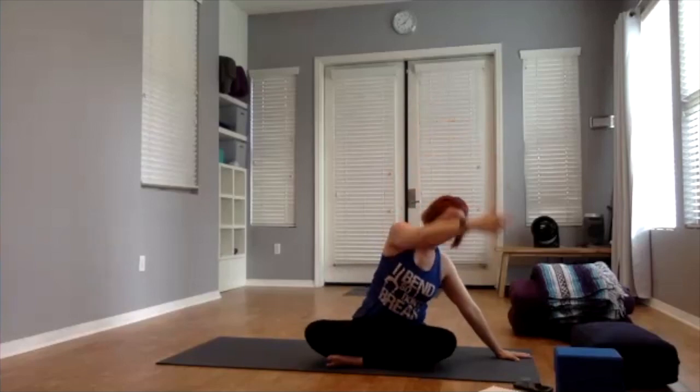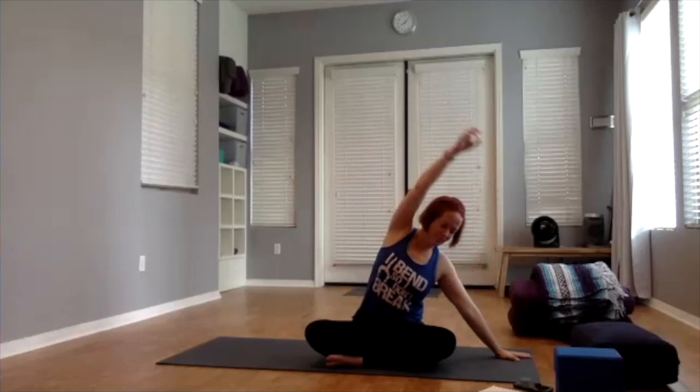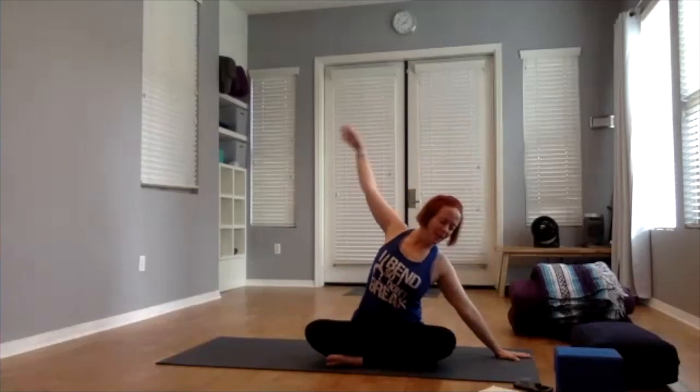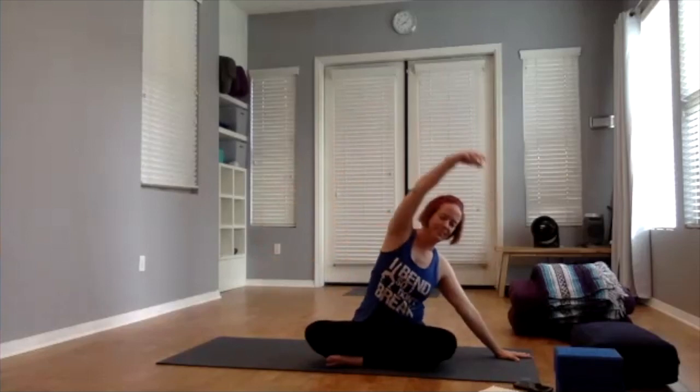And then get some movement in that top arm. So take it down towards the floor and start to make a couple circles that direction. And then take that the other way. And then reach the arm back by the ear, come back to center, both arms up and over to the